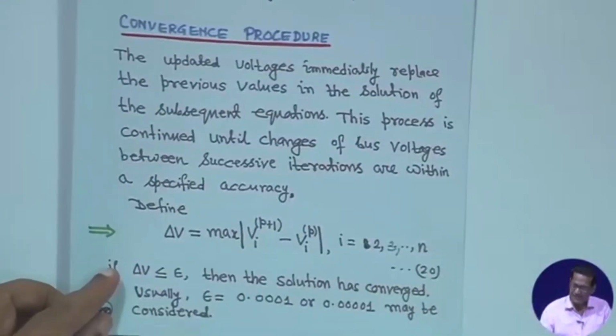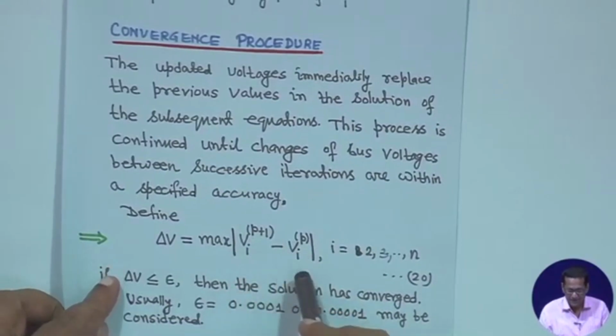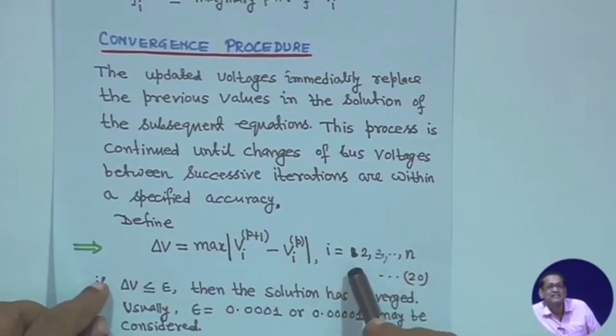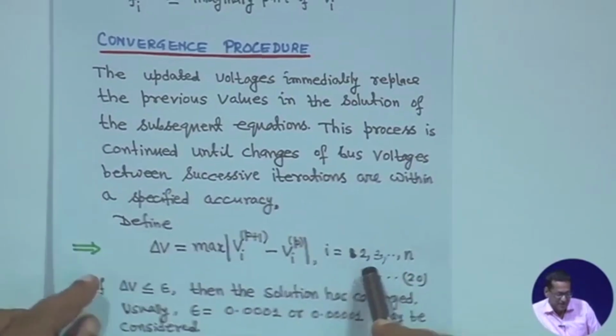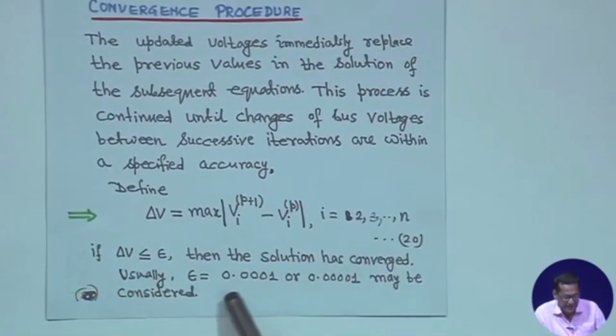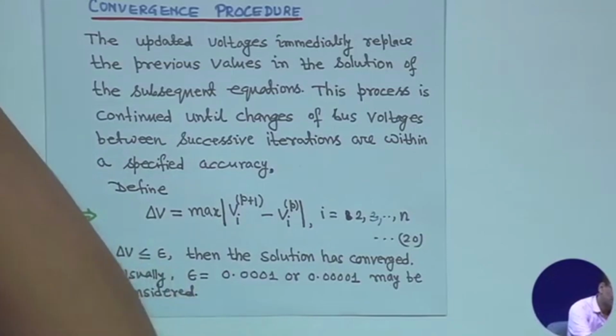In general, I have written that delta V is equal to the max of the magnitude of Vi^(p+1) minus Vi^(p), for i equal to 2, 3 up to n, because bus 1 we take as the slack bus. If delta V is less than or equal to epsilon, then the solution has converged. You can take epsilon equal to 10 to the power minus 4, or 10 to the power minus 5 may be considered. In that case you can get the solution. This is one way of convergence criteria. This is one version. Then another one is